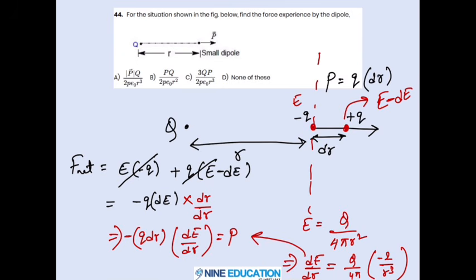Substitute that here, you will get F net is equal to minus P into Q by 2 pi r cube with a negative sign. So minus minus cancels out. So P into Q